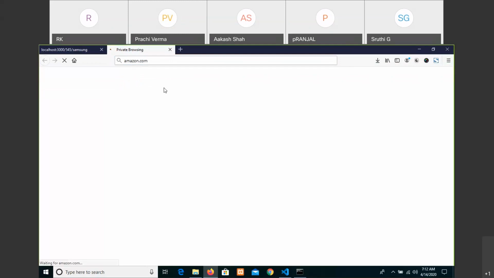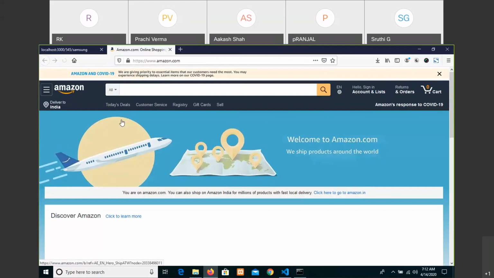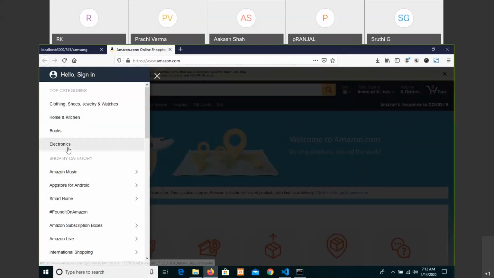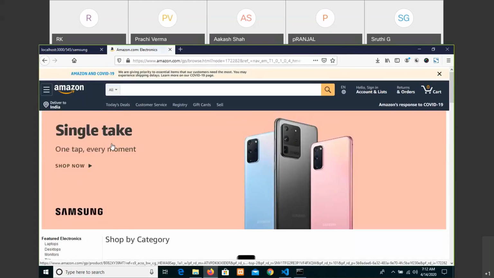For example, if we go to any website and click on electronics, we are expecting electronics results as output. From the page, they have given a query variable and its value like this group of things.